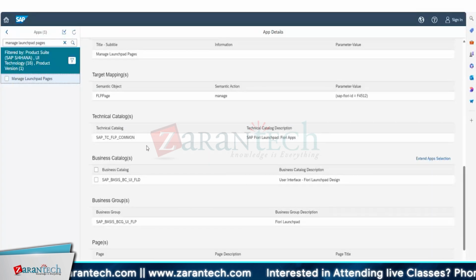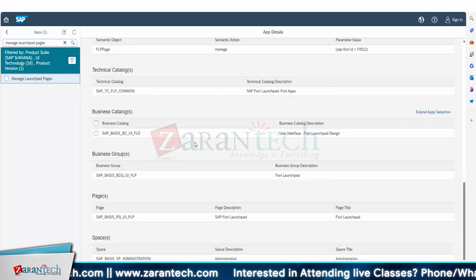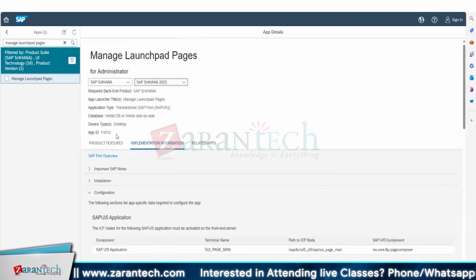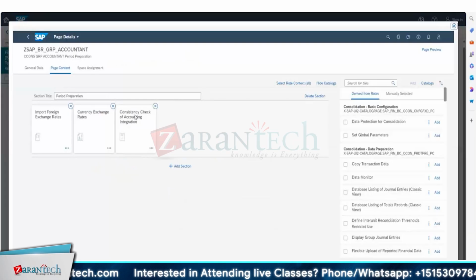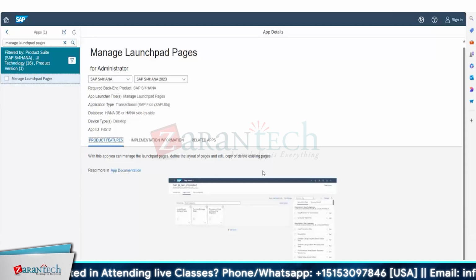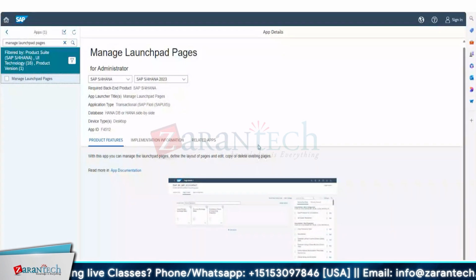Okay. So both our apps are included in this. Let's see how managed Launchpad pages will look. This is how your managed Launchpad pages will look. We'll see it in the system as well, but it's good to have an overview. So we have it. Let's go ahead and try to